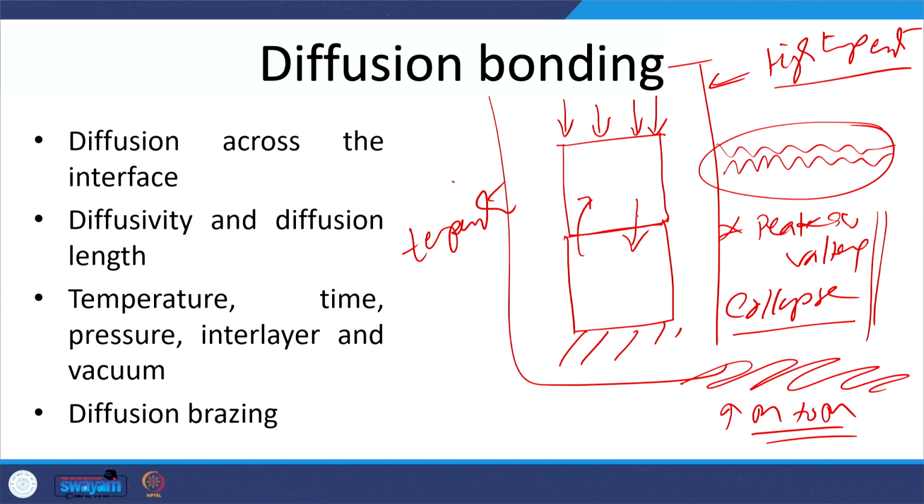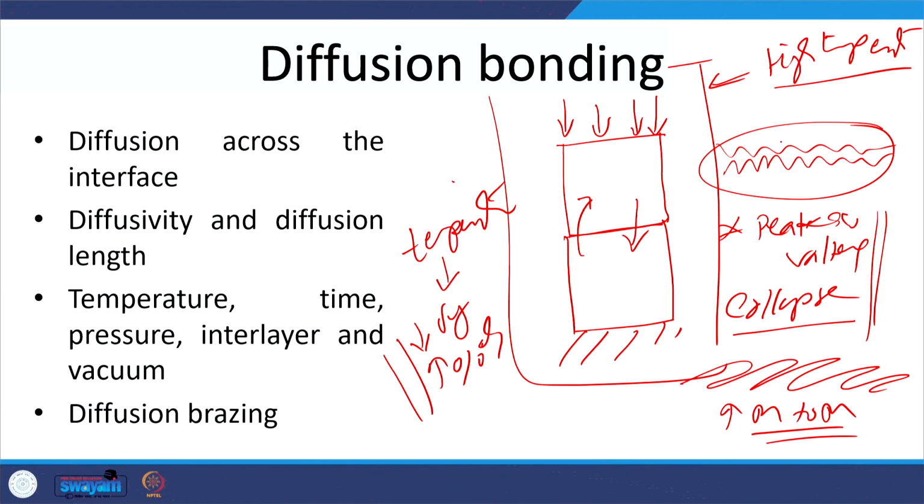So, the interface temperature will also be enhanced, and that in turn will increase the diffusivity or the diffusion coefficient to facilitate the movement of atoms from one side to another. On increasing the temperature, our yield strength is reduced and ductility is enhanced. When the reduction in yield strength and increase in ductility takes place, under the pressure, the peaks and valleys will further